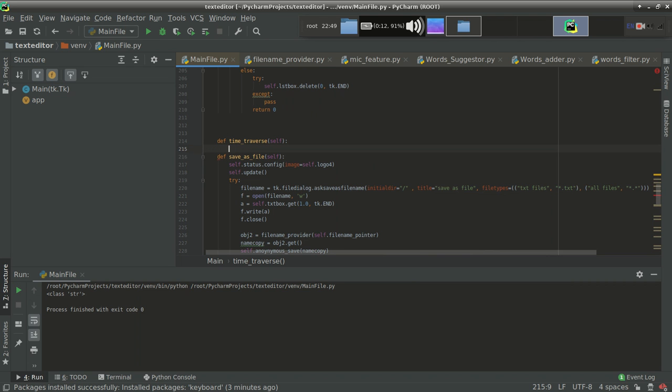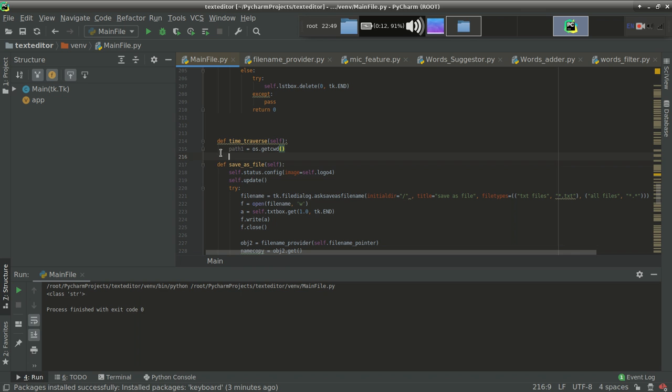Now we want to open the file, nothing else. Actually this method will work almost the same as the open file method. Yeah, this is similar to open file. Let's make it. So path1 equal to os.getcwd. I am asking Python to first tell me the current path, and then I am assigning path equal to path1